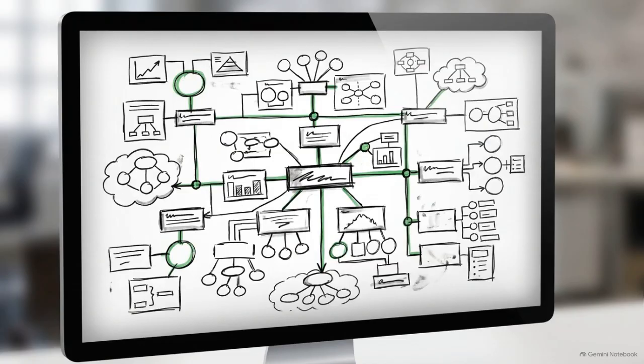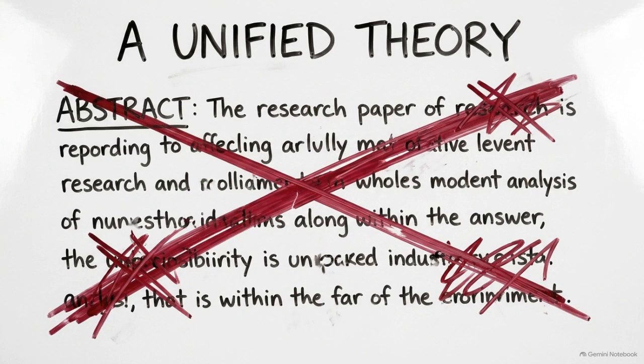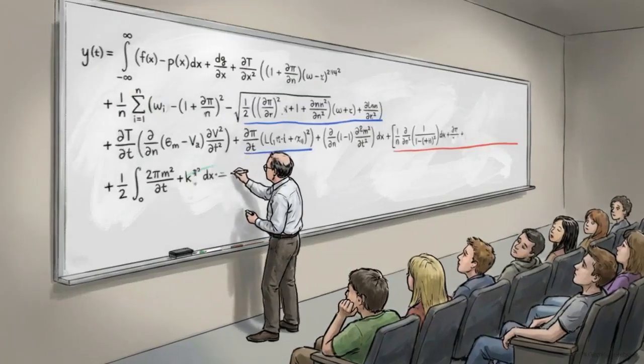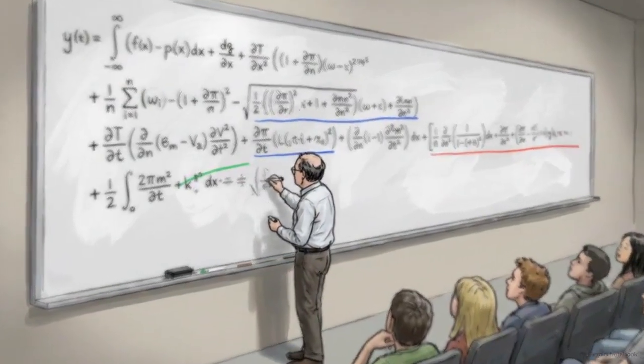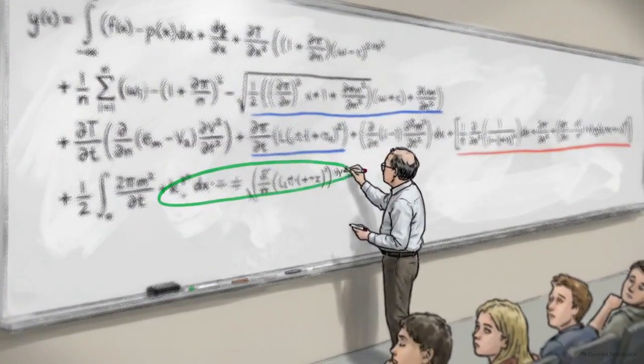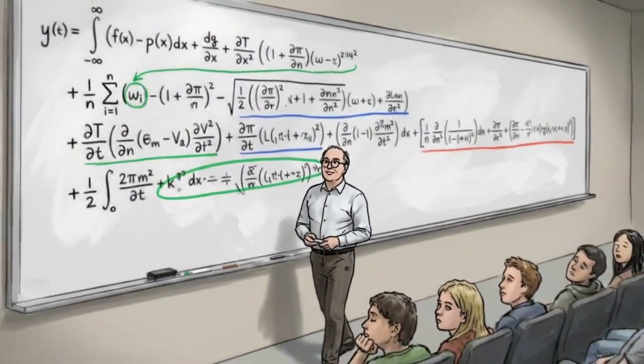A general theory represents the zenith of scientific rigor, taking fragmented, domain-specific laws and uniting them into a single, cohesive explanatory framework. But there is a fatal trap waiting at this summit of theory construction. Researcher William Wells famously warned academics to start small and stay real. The danger is runaway abstraction. This occurs when theoretical constructs become so highly elevated and detached from empirical reality that they dissolve into pure semantics.